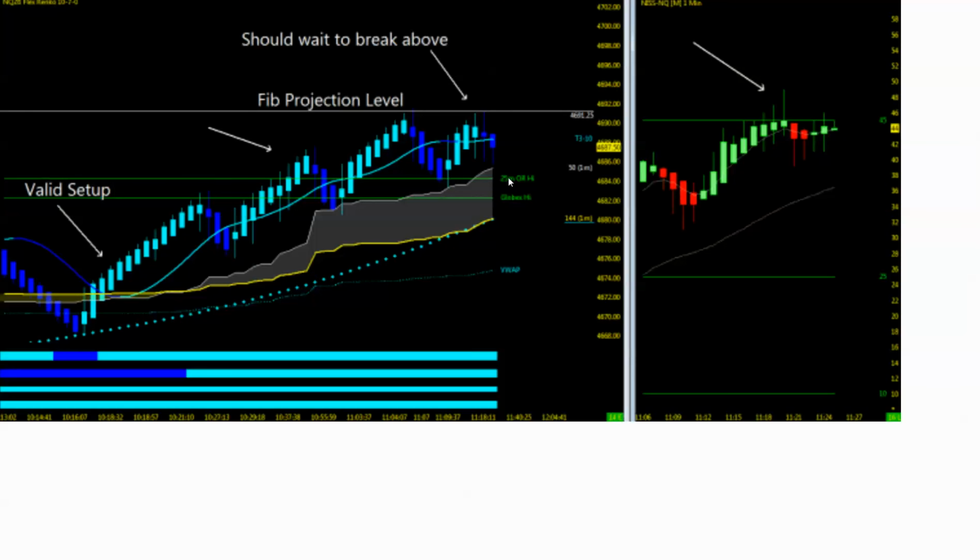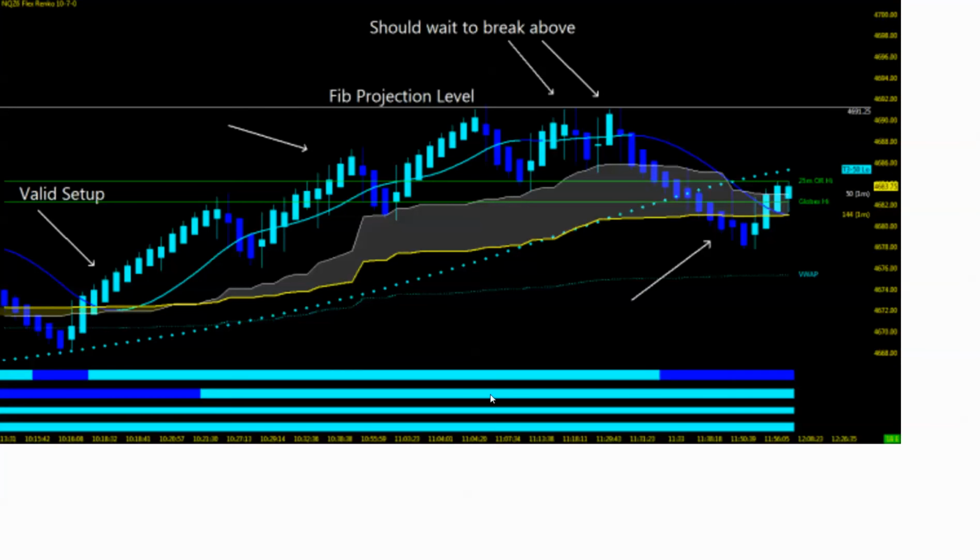And the point of this chart, again, I want to show you that tool here, the AD line holding above the 10 EMA. There it is, reaches that 45 level and not able to break upside. There's another setup at the high here with all the charts in sync, and you hold off from taking the entry because that AD line hasn't broken upside. Don't rule that AD line out, guys. Wonderful tool to have in your basket. And as you can see, NQ never was able to break upside from that projection level.